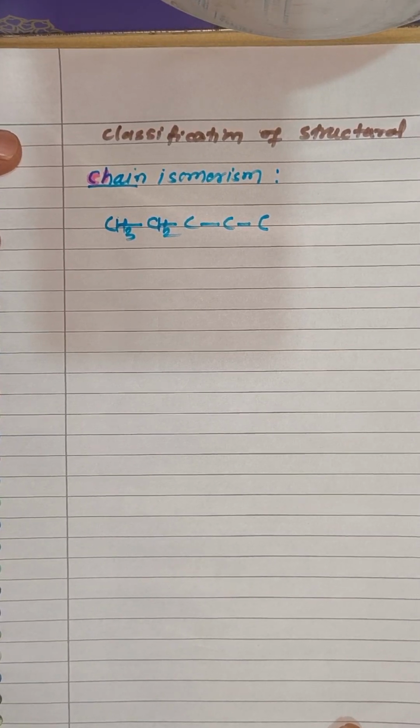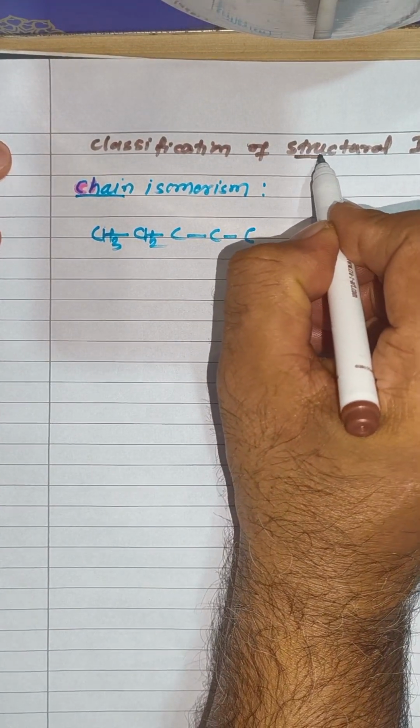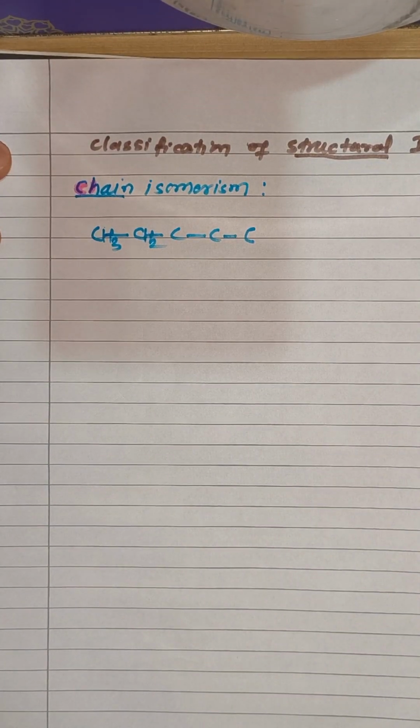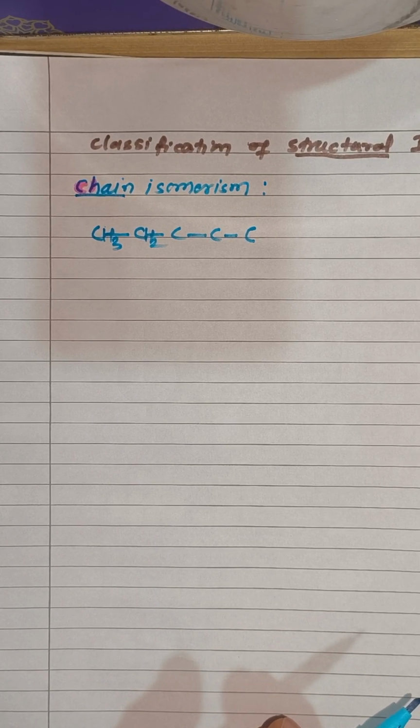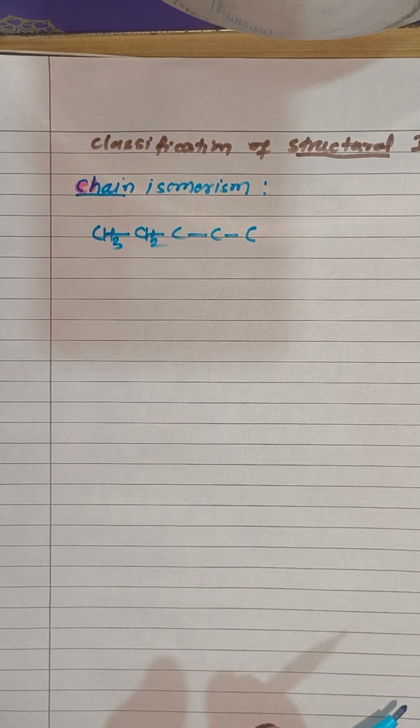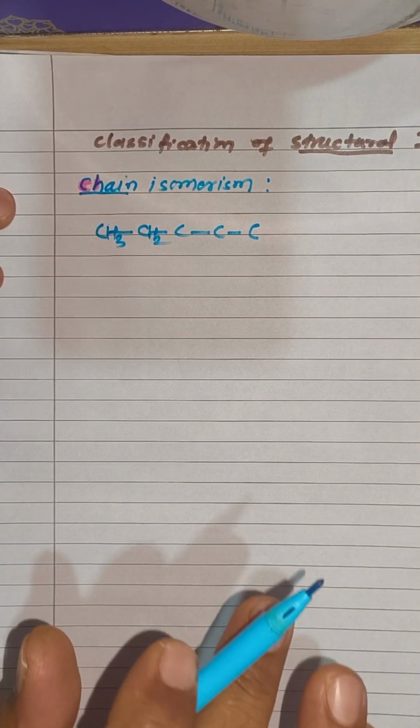Hello student, here we discuss the classification of structural isomerism. Now you know what structural isomerism is: compounds having the same molecular formula but differing in structure. On the basis of how the structure is different, structural isomerism is subdivided into the following